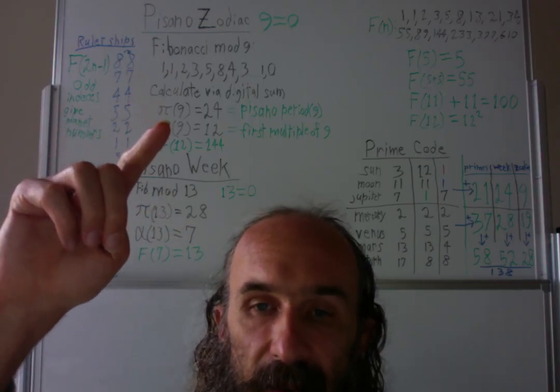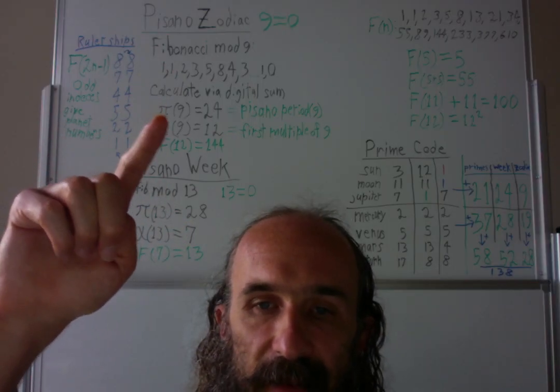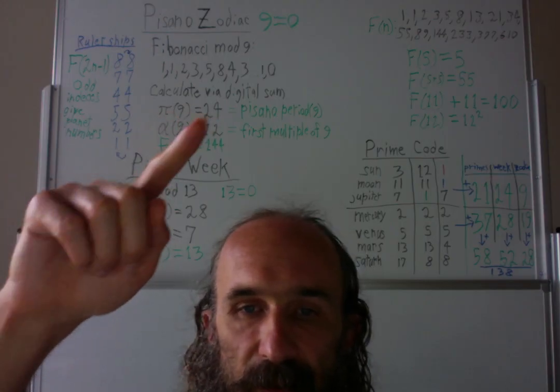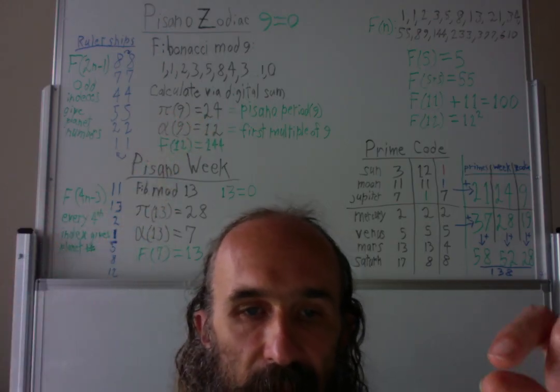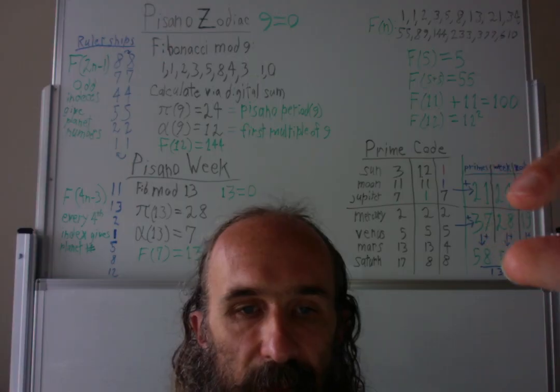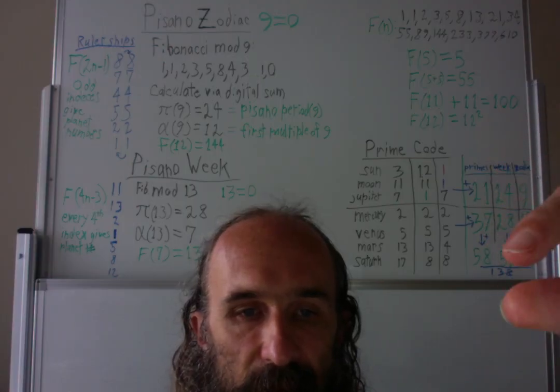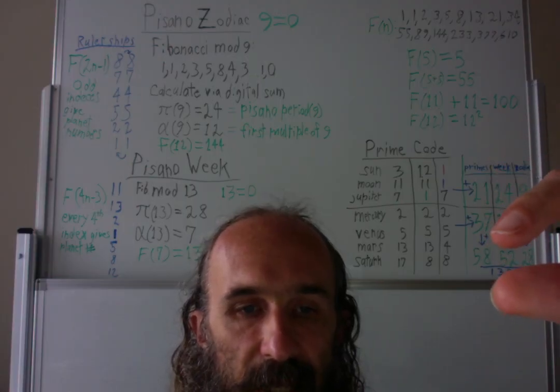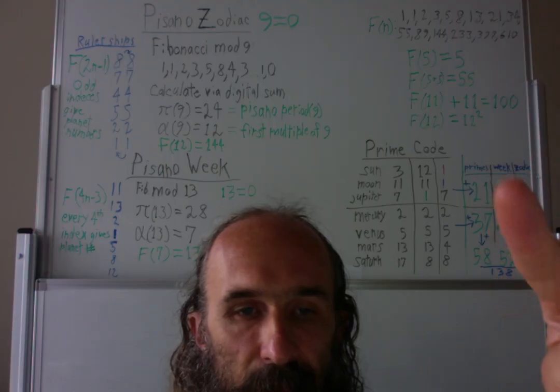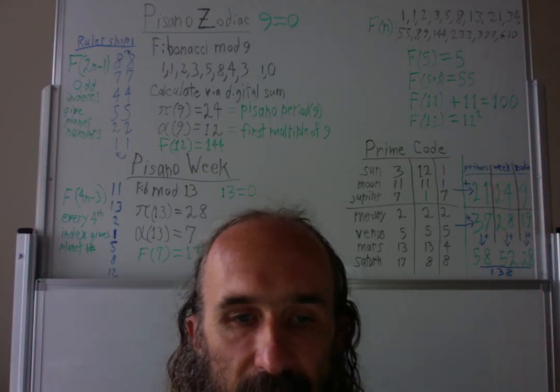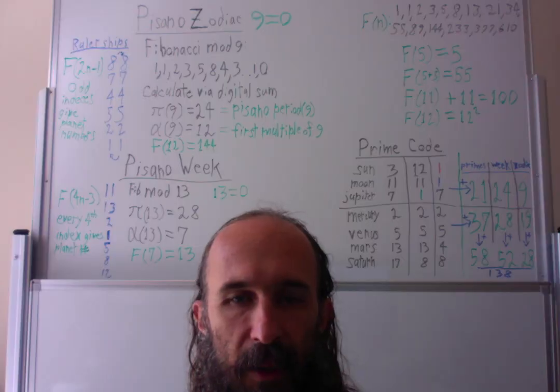And in our other structure, our zodiac, the pi of 9 is equal to 24. So that 24 and 28, those 2 Paisano numbers are right here, and they add up to 52, which is the number of weeks in a year. Now let's look at this